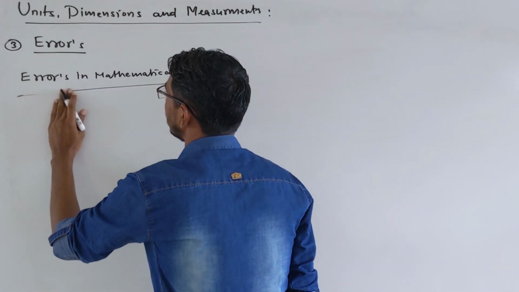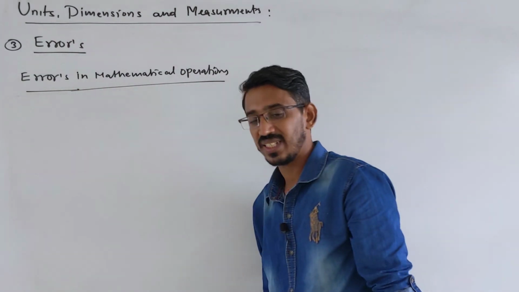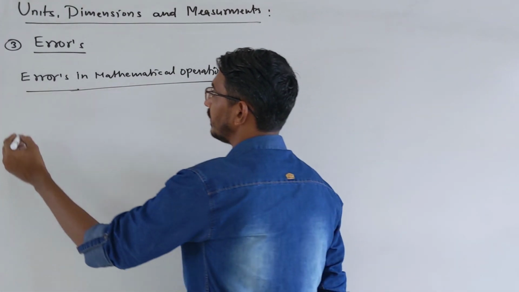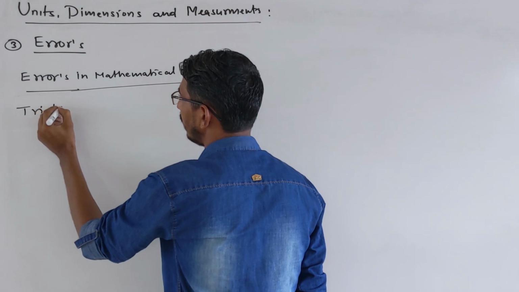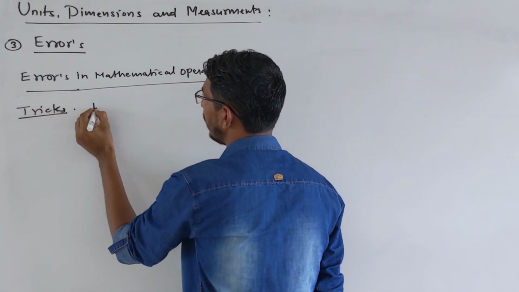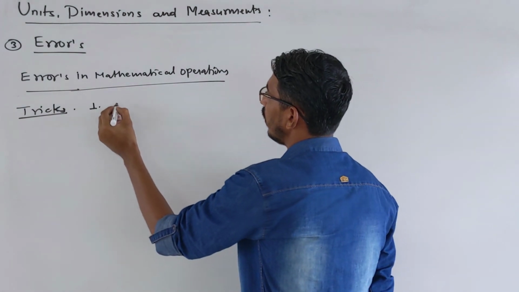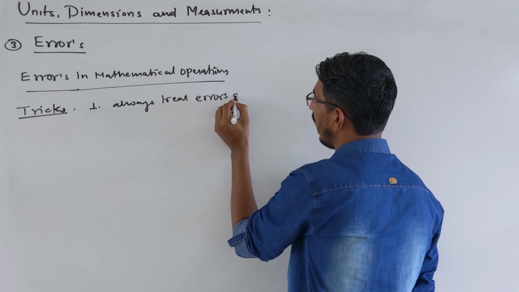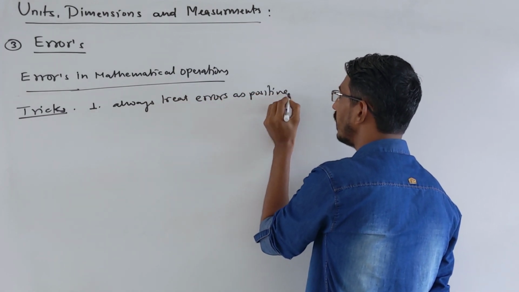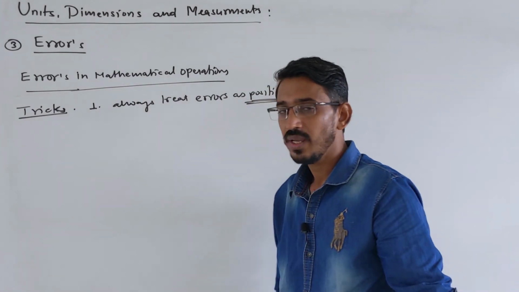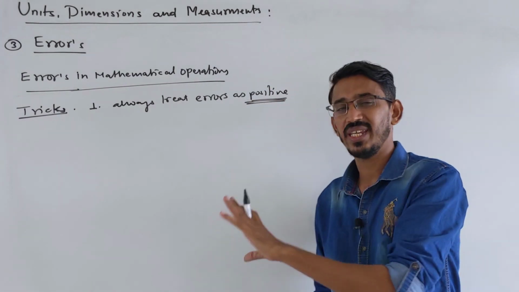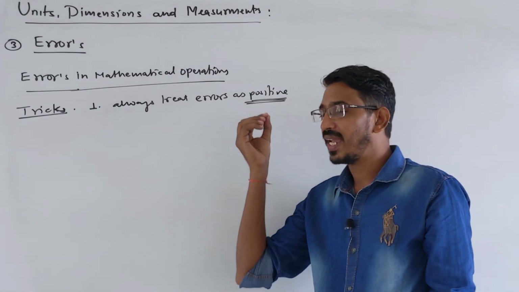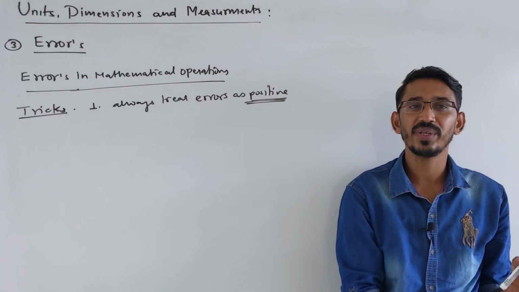Before I start this topic, how we answer the question, we have to understand all these things. I want to tell you some tricks, and these tricks you have to remember. They will help you to answer your questions very quickly. Point number one, always remember: always treat errors as positive. Very important thing. Every error you talk about in this topic from now onward, in any question, you have to call as what? Positive. Correct? Even if a negative error is given in the calculation, we have to treat it as a positive error.